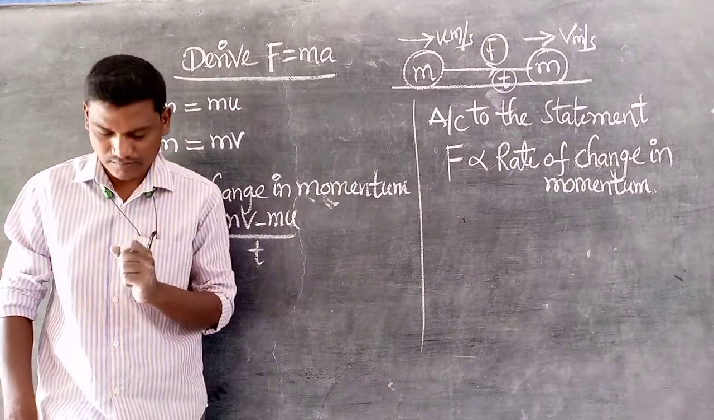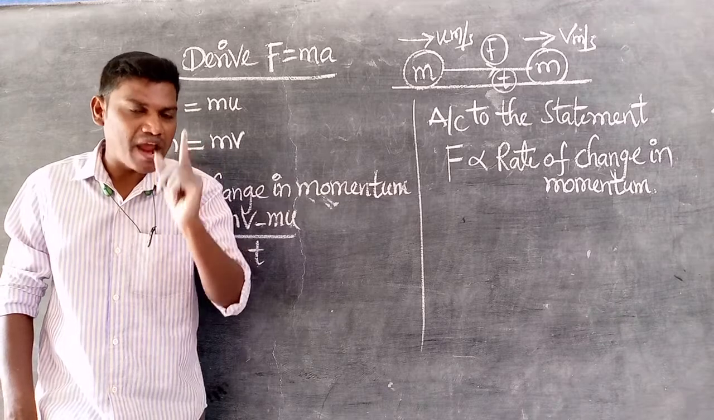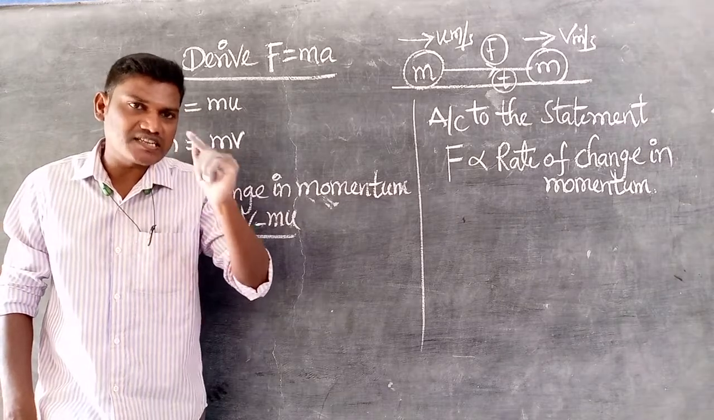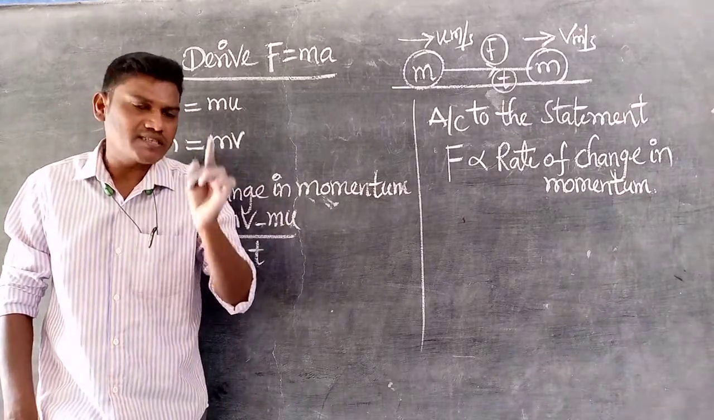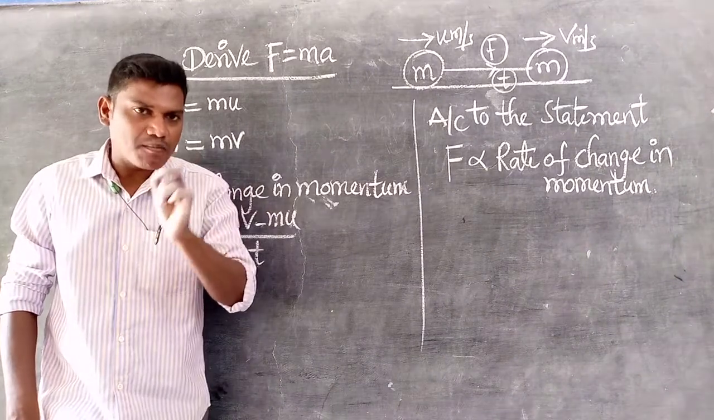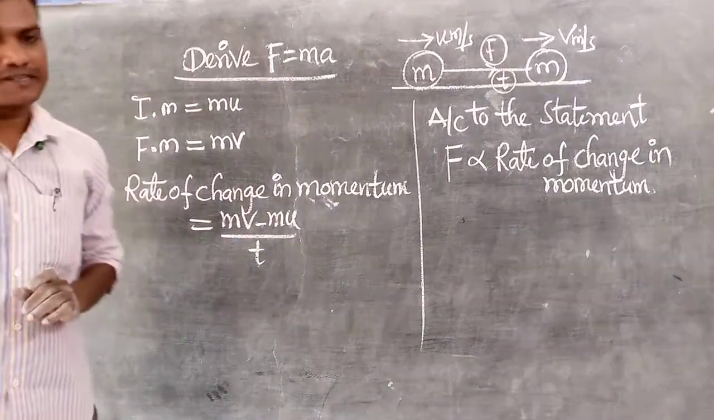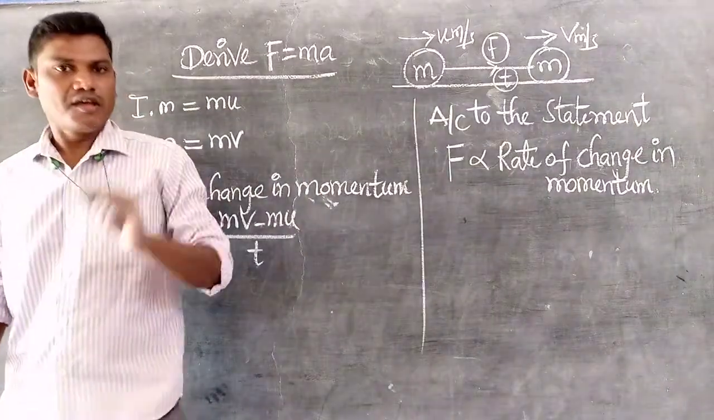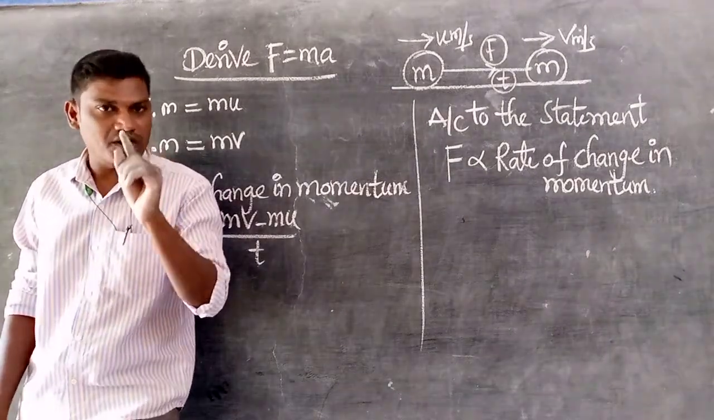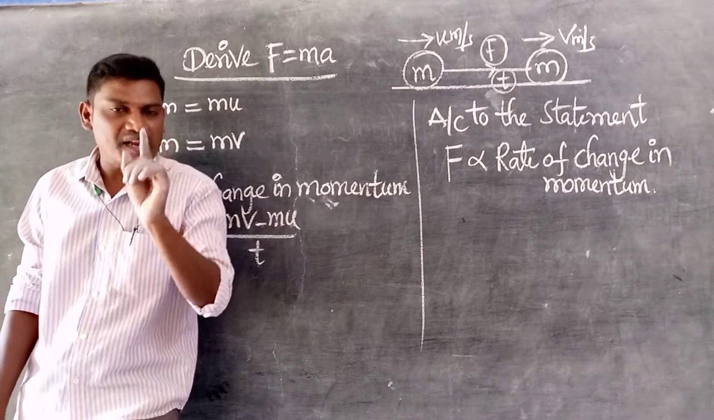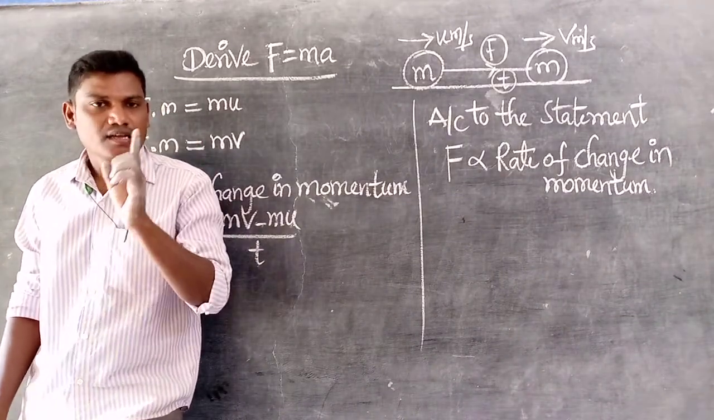The first way is: the magnitude of the resultant force acting on the body is directly proportional to the product of mass and acceleration, and the direction of the force is along the direction of acceleration. And the second one is the rate of change of momentum produced in a body. The rate of change of momentum is directly proportional to the applied force on the body and takes place in